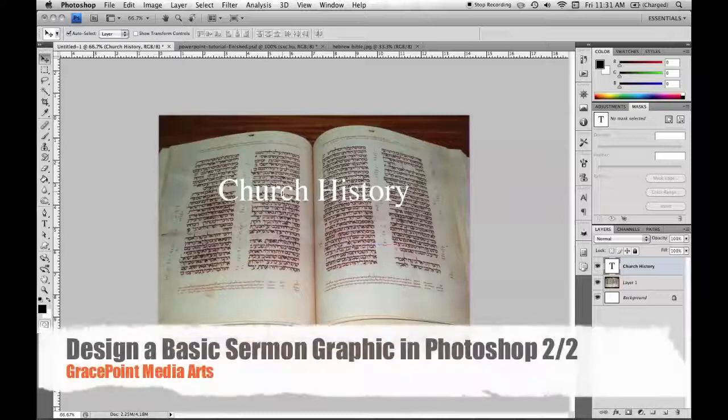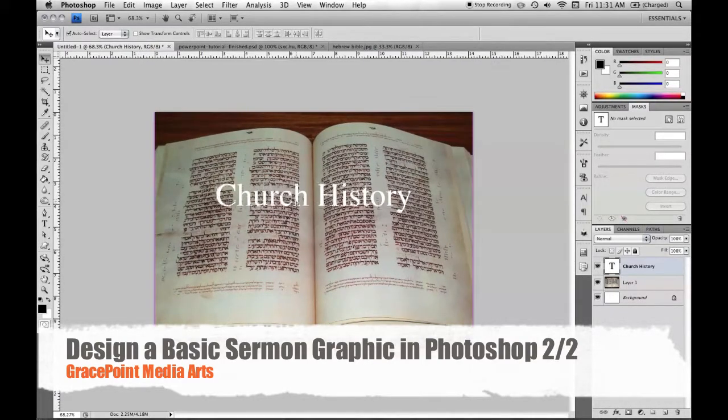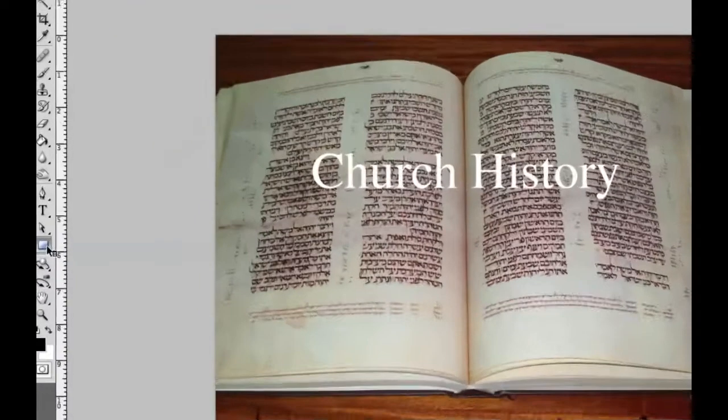So there we go. We have our church history in the center. And then we actually want to create a little background for it. So we're going to go down to our rectangle tool, and each of these tools has multiple tools underneath it. You can see the little arrows down at the bottom of each tool. There's a little black arrow. When you click and hold,